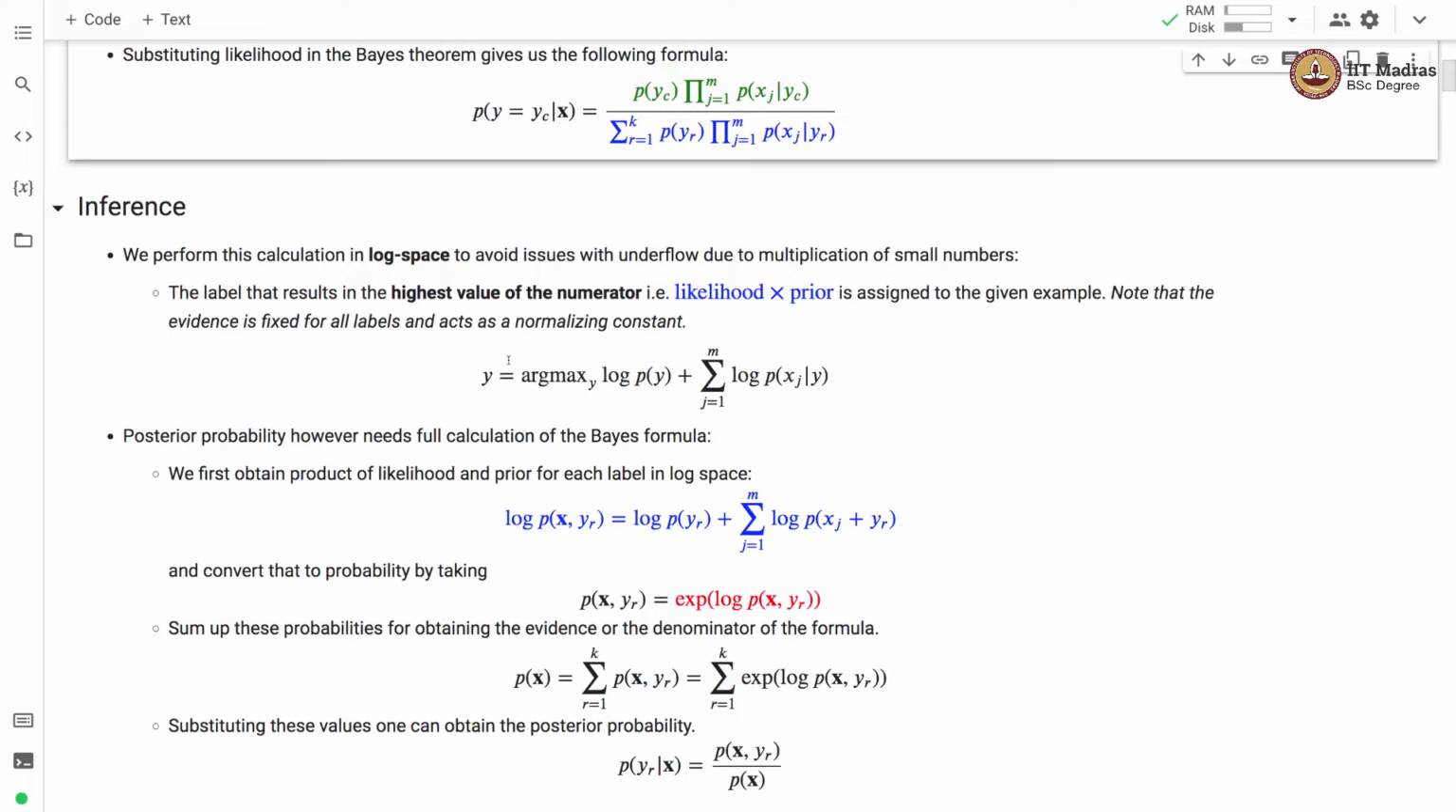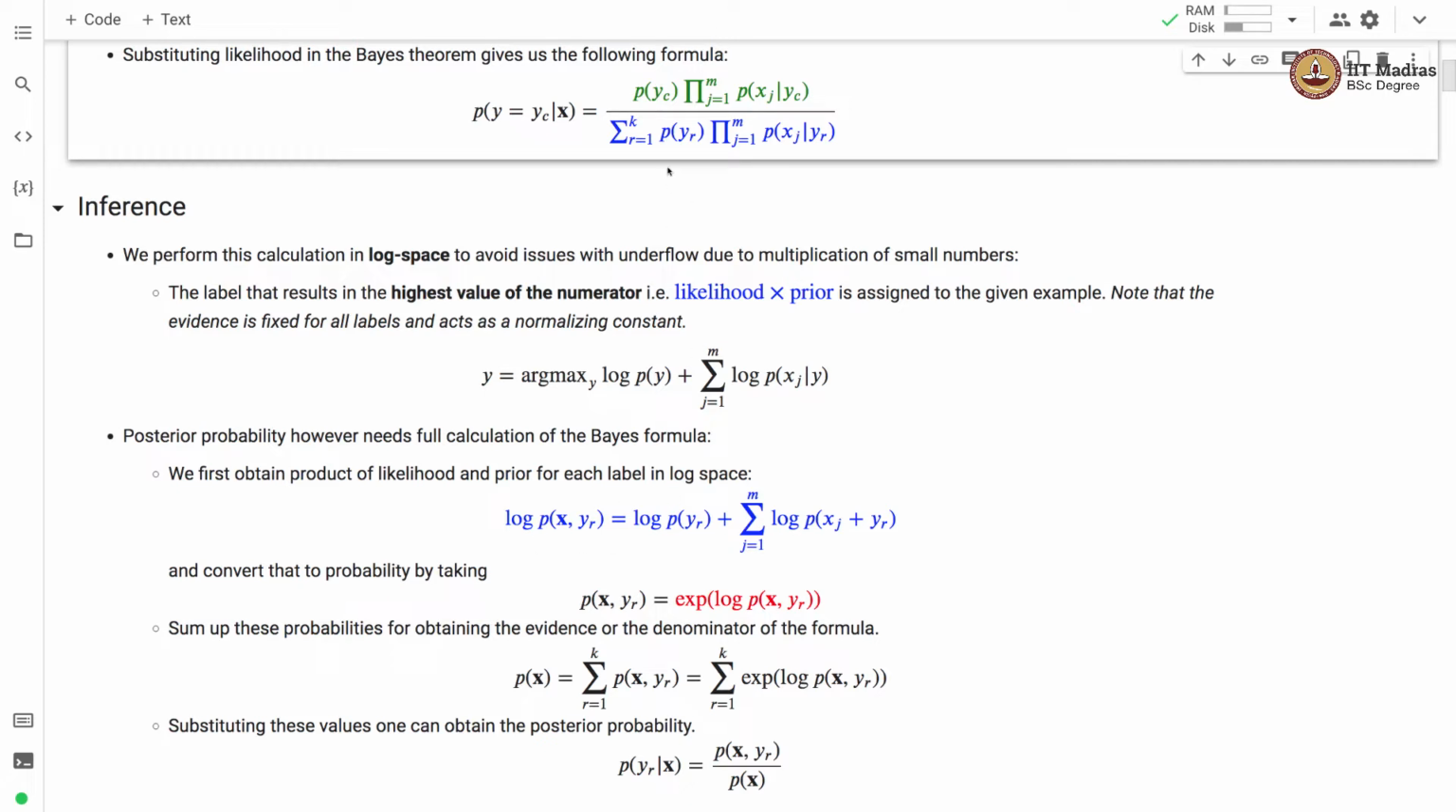Now if we are interested in calculating the posterior probability, then we need to perform the full calculation of the Bayes formula. And the most time consuming part is to calculate the denominator. So let's see how to calculate this denominator. So far we have seen how to calculate the numerator in log space. So now what we do is we calculate the numerator for each and every class label in the log space,